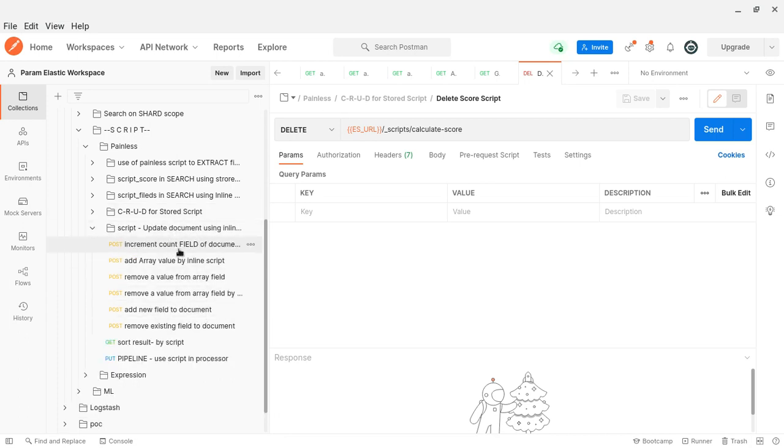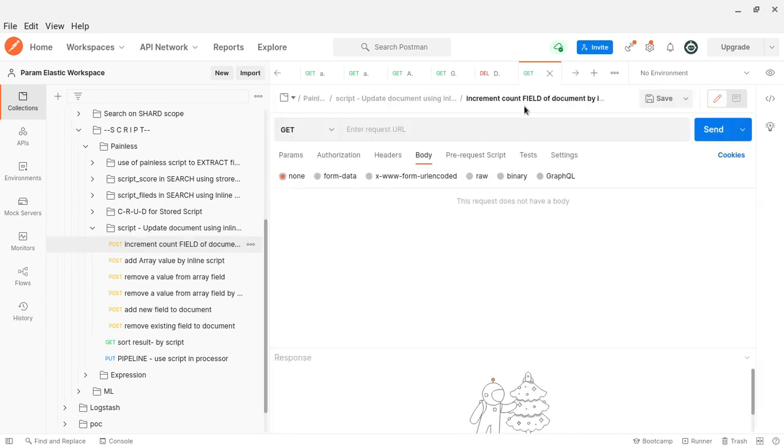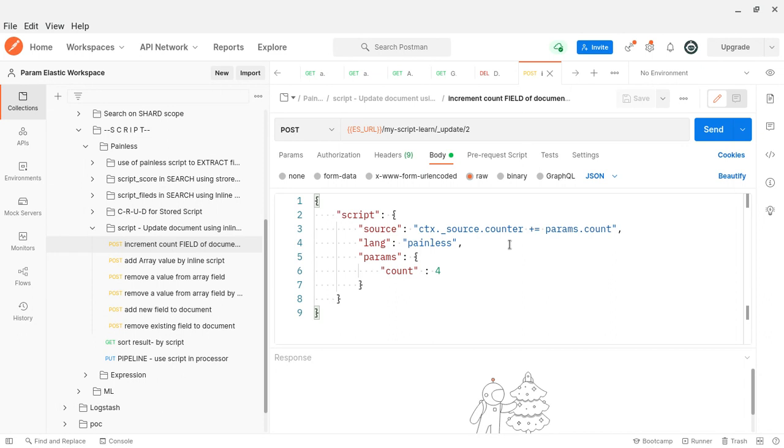So here, obviously, update means script update. So there will be a document. Once again, let me close all the other tabs. So here we are accessing the field using context. It's again a Painless script.